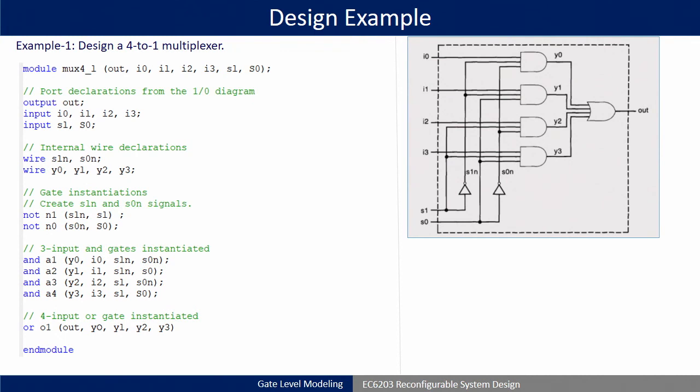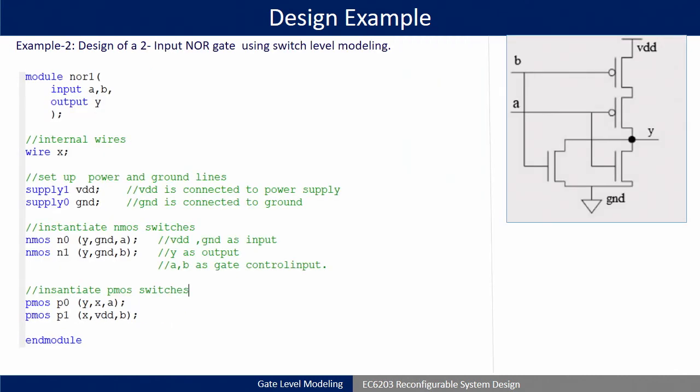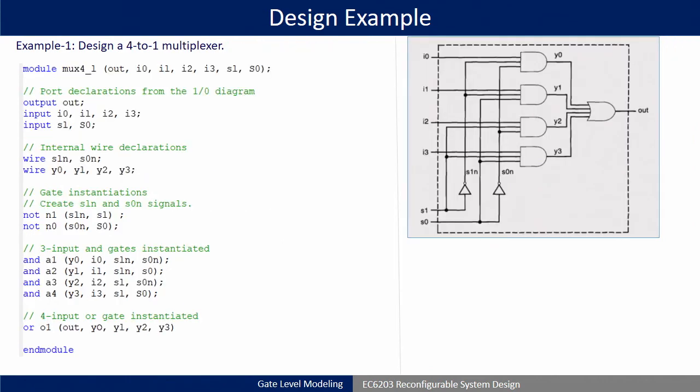Okay. So, after this I have taken 2 design examples. Already we have done a few in tutorial classes, and full adder and master slave D flip flop in simulation classes by using gate level modeling. So, again, to complete the in-detail flow of gate level modeling, I have included 2 examples here. One is called 4 to 1 multiplexer, an easy one. Second one is a switch level gate. Till now we have not done switch level designs, like how to design a 2 input NOR gate by using switch level modeling. These two we will see, and this class will end.